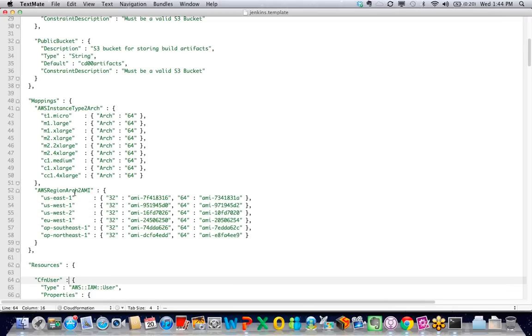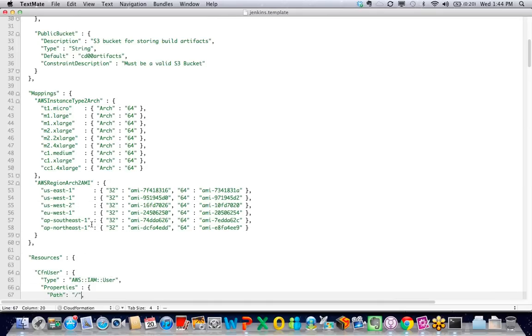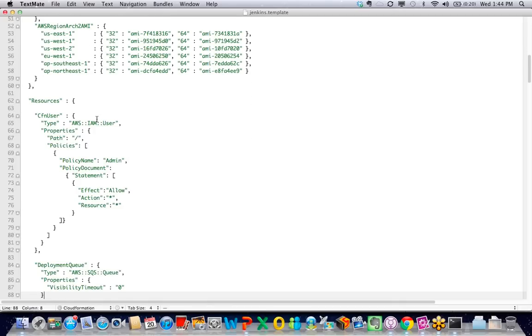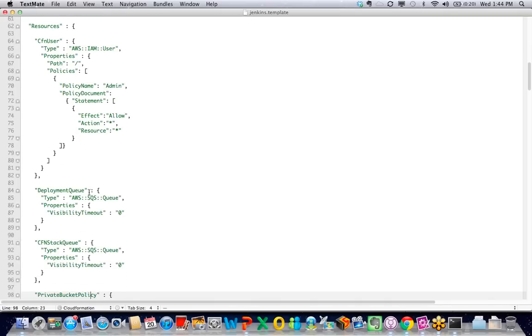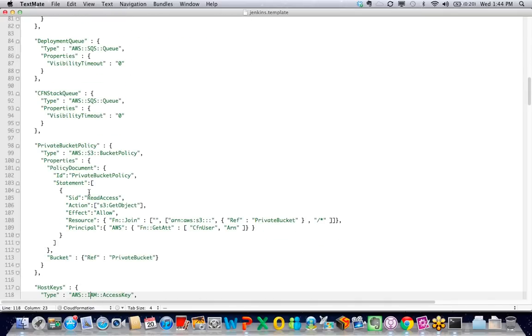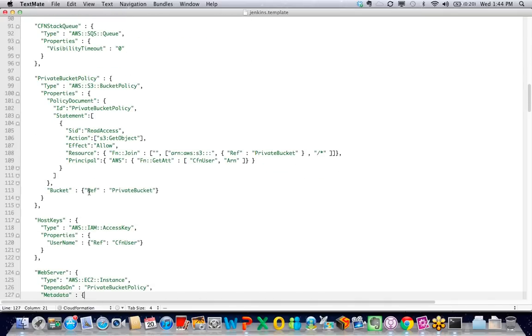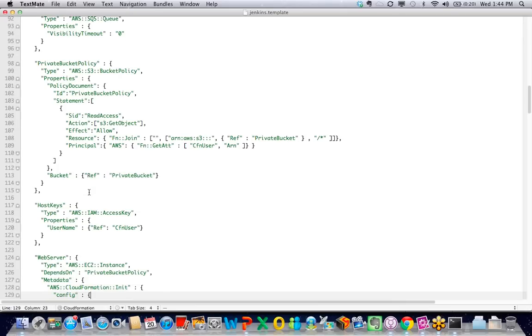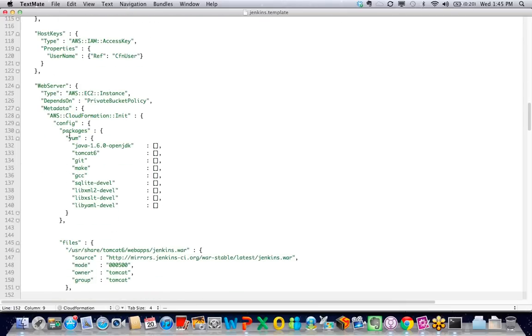It's all the same. The second one is mappings, and basically this allows you to kind of do a case statement in a way. And you can say, well, based on this architecture, this is the type of AMI, which, if you think about just a machine image, is called an Amazon machine image. And then you have the various resources that you can define. I talked about the IAM user, the identity and access management user. You can create that on the fly. You can see you're creating the couple queues on the fly as well. Some policies that apply to the access to the S3 bucket. On the web, the actual EC2 instance.